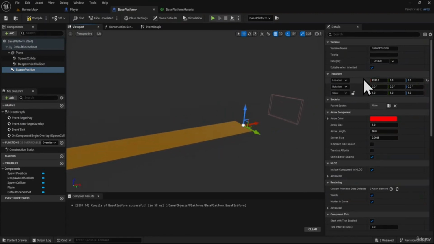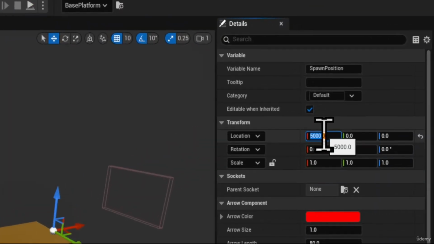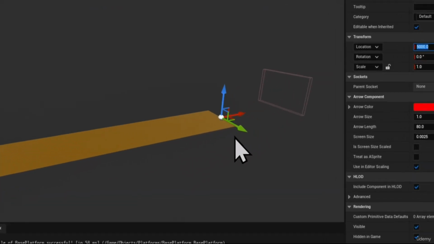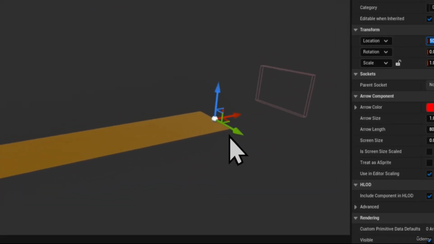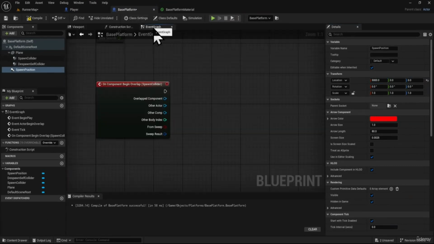Now you'll notice all I have to do is inside of its position set it to 5,000, and I think that's pretty much good enough. So that's exactly right over there. We'll be using that spawn position as to where to spawn the next platform. So if we go back into the event graph now,